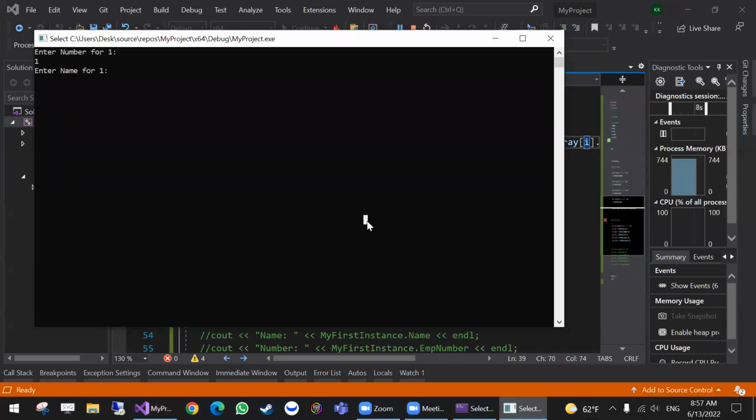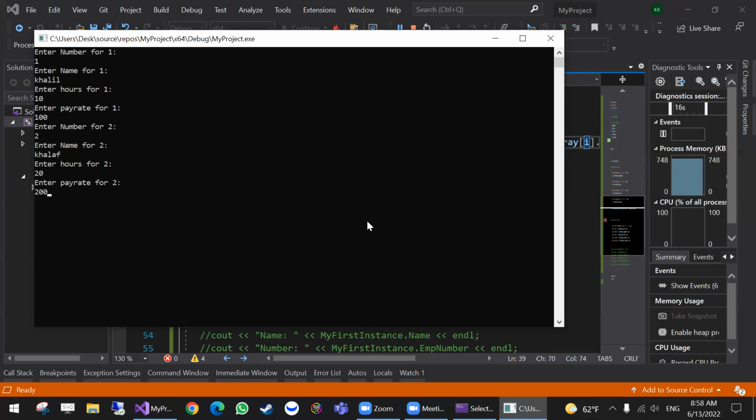So enter name for first item. Let's say my name. Enter hours. Let's say 10, 100. Then number 2. So enter number for number 2. I'm going to say 2. Let's say 20, let's say 200, then 3. ID is 3, name is whatever, hours is 30, 300. For 4, I'm gonna say it's 4, name for 4